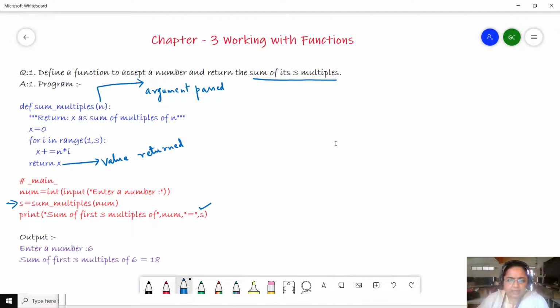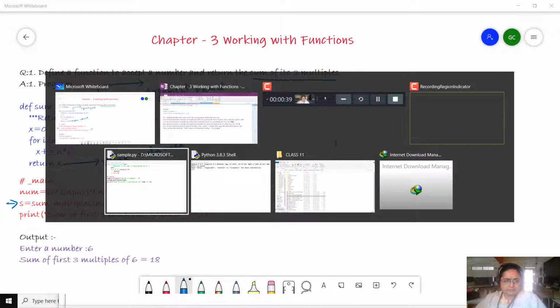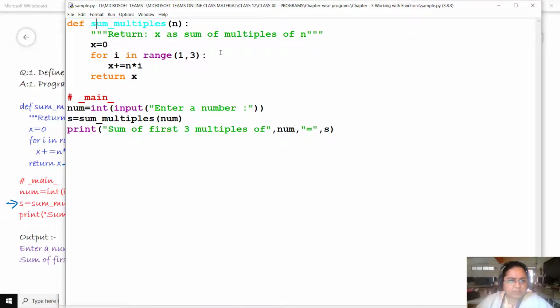That is, the function will not return any value. But they have not said anything about whether the value can be passed or not, so we assume that the value will be passed, but no value will be returned from the function. So let us do this program in Python. This was the program which was used to return the value. The function is already created, so how can we make changes in this function?